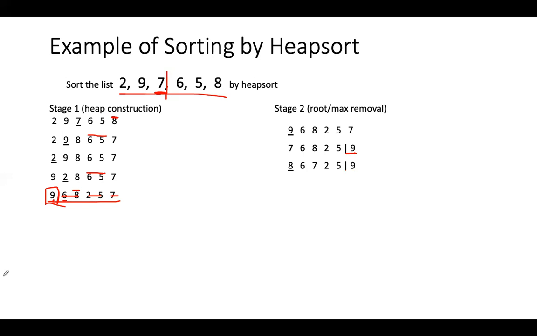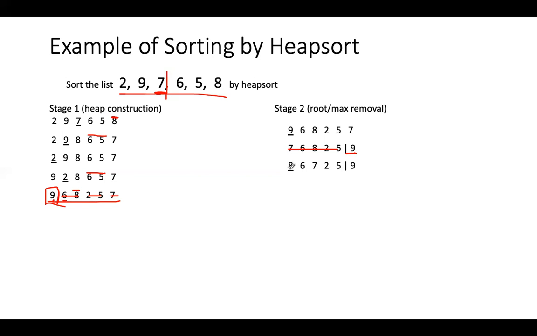Now again, I'm just talking about these elements. This element we will keep out of these unsorted elements. So 9 has already reached here. Among these elements, the heap condition was not satisfied because 7 is the parent of 6 and 8, and 8 is the greater value. So 8 should come first among these elements. So 8 is root now, which means it is the largest element among these elements.